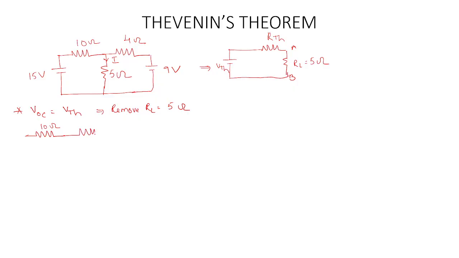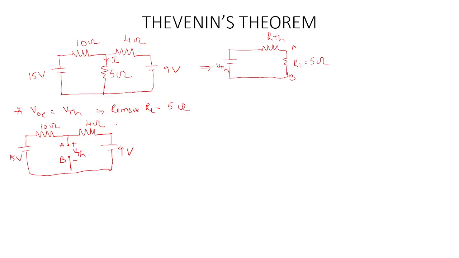Here it is 4 ohms. Removing the 5 ohms. Here it is 15 volts and here it is 9 volts, and this is V Thevenin across the terminals A and B,